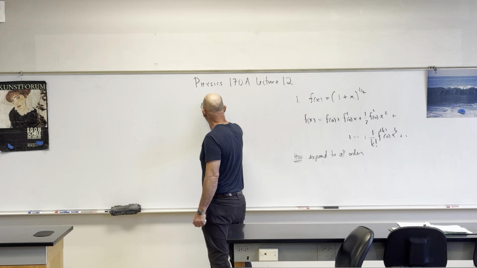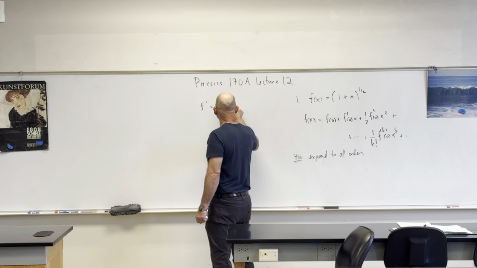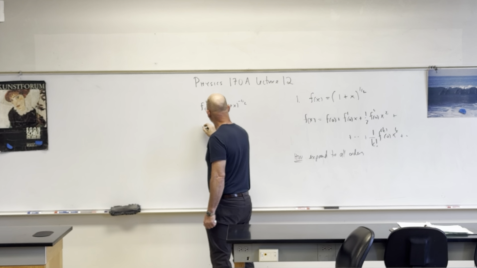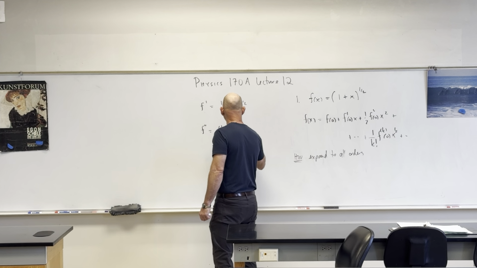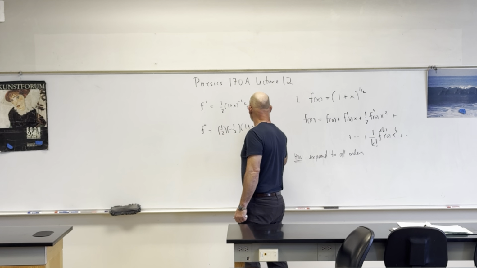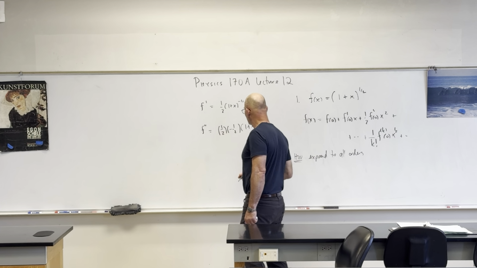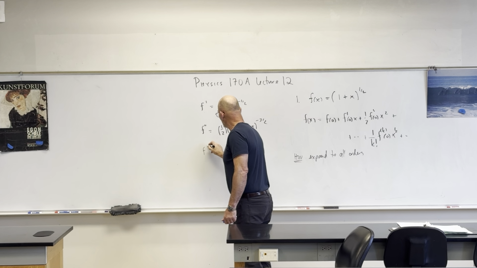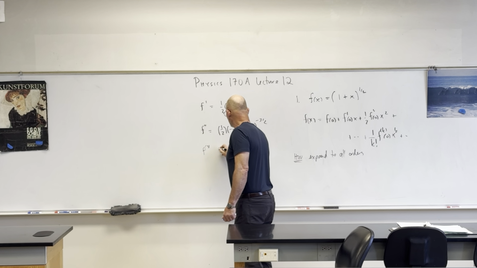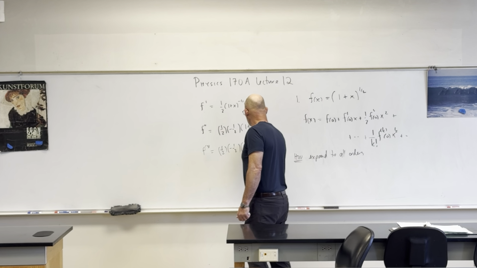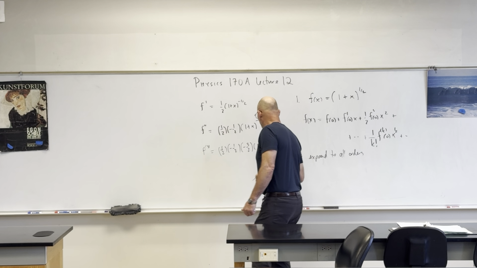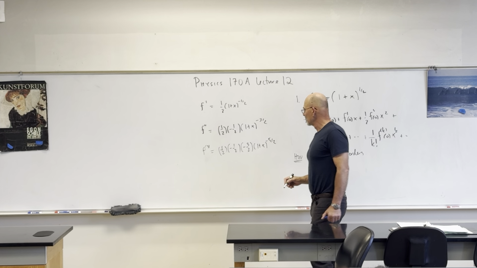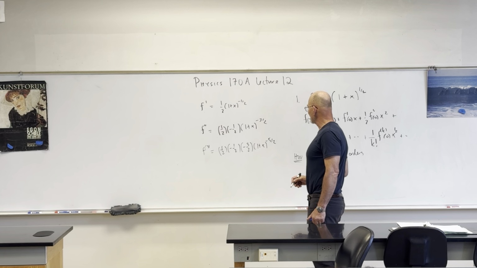So f prime was a half times 1 plus x to the minus 1 half. Then you have 1 half times minus 1 half times 1 plus x to the minus 3 halves. And if we do the third, 1 half times minus 1 half times minus 3 halves, times 1 plus x to the minus 5 halves. So you keep going, the next one will be 5 halves. And see if we can get that kth term